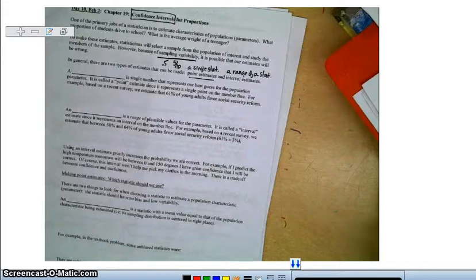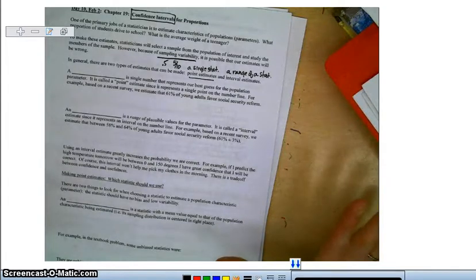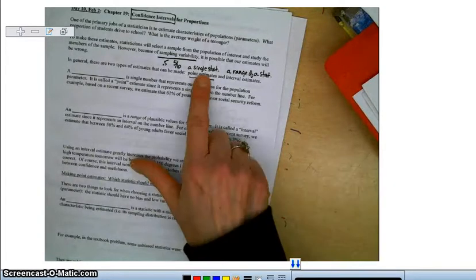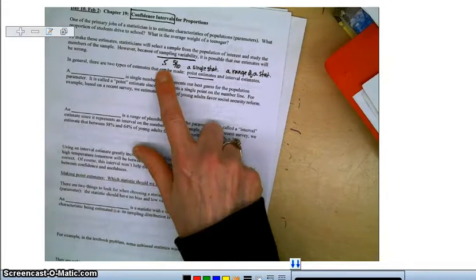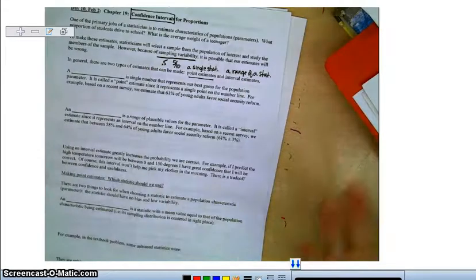3 standard deviations. Now we're going to limit that. You're right, 3 standard deviations and then you become an outlier. We're actually going to make it a little smaller and say we're only going to go 2 standard deviations. So a point estimate is a single statistic. A range of intervals is where we say, okay, I'm going to go 2 standard deviations above and below and give myself a range.